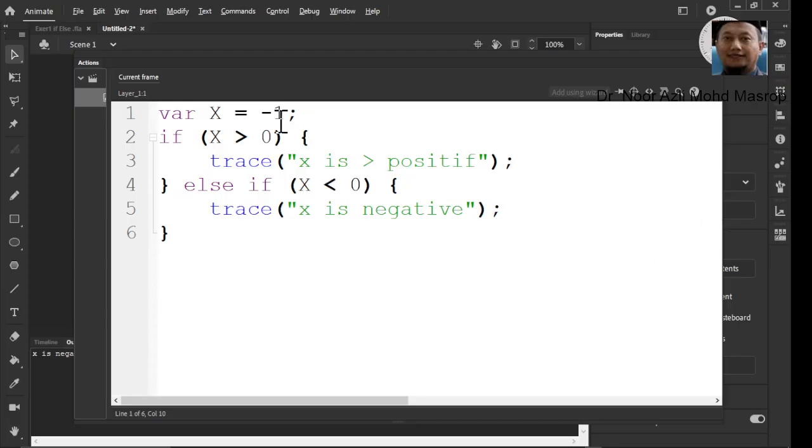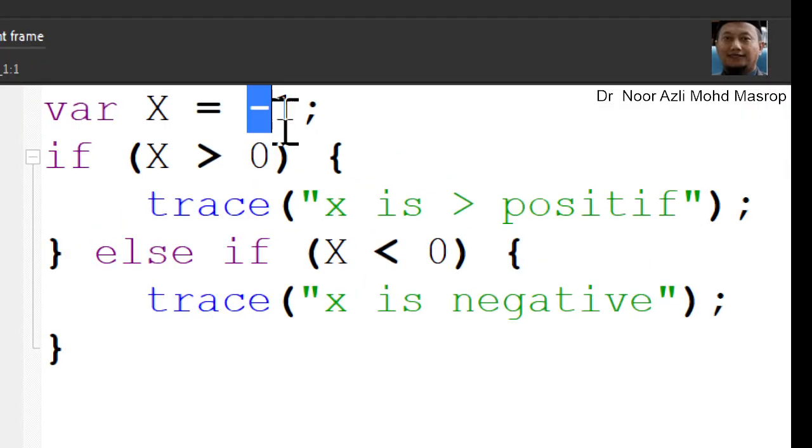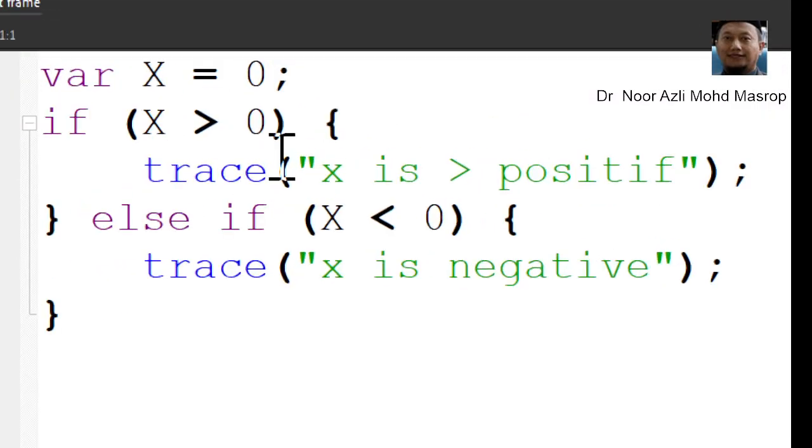But the problem is that when we change it to 0, there's no output. Why? Because there's no statement for equal to 0.